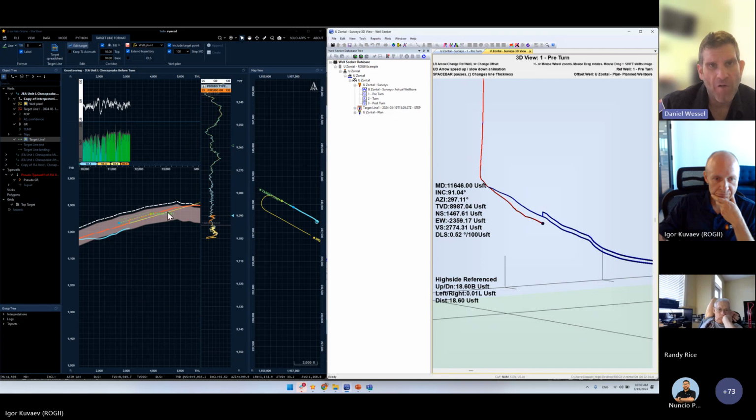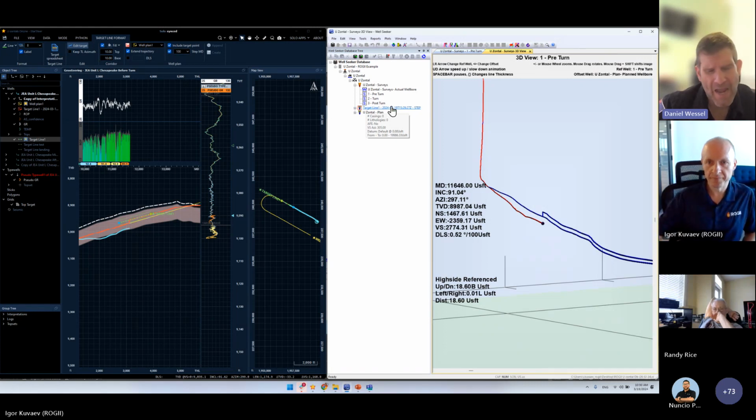So there's a couple of points to note here. The first one is the name of the well plan. The well plan will always be named with the target line it was created from, and it's also going to have a UTC timestamp in it, which is going to indicate the time that that well plan was created. So this is our positive feedback loop. So basically we automatically tell the Geosteerer, we have accepted and acknowledged the target line, and now this is the plan